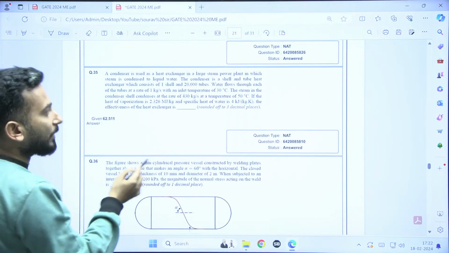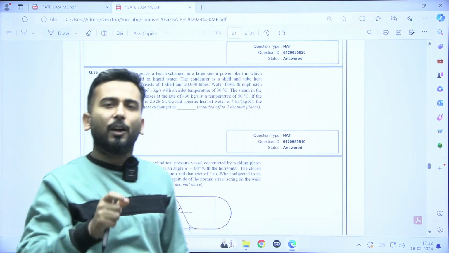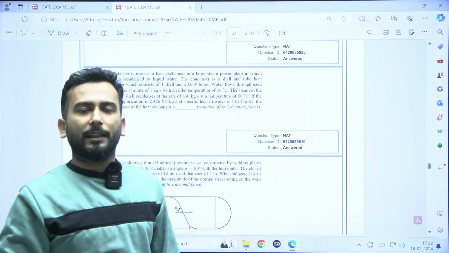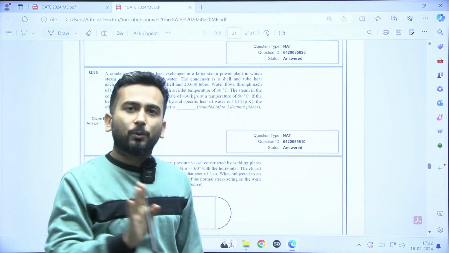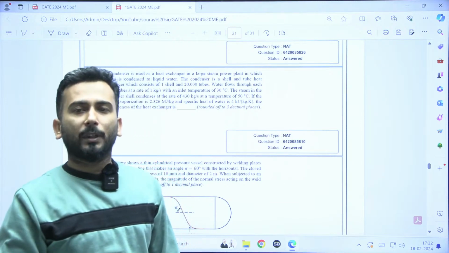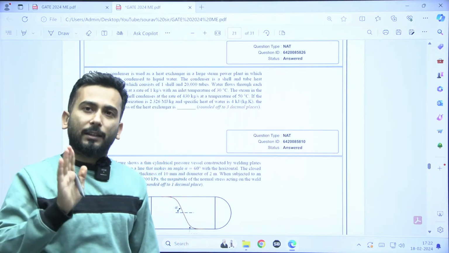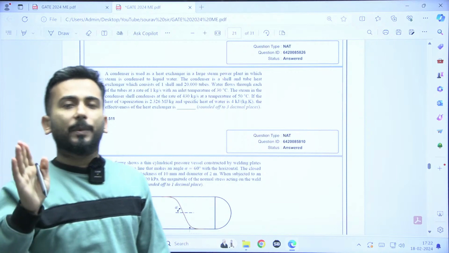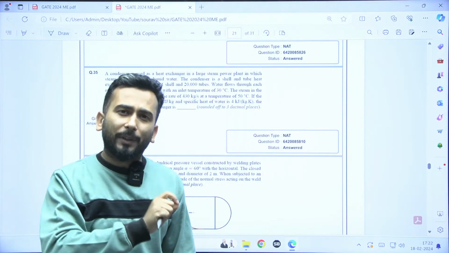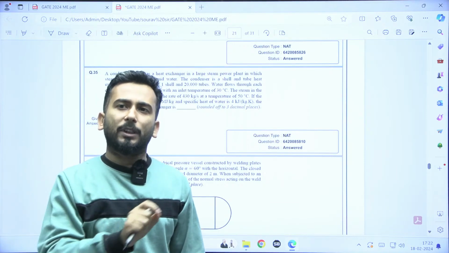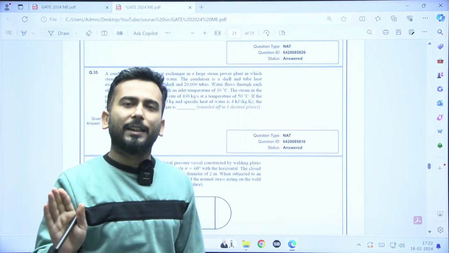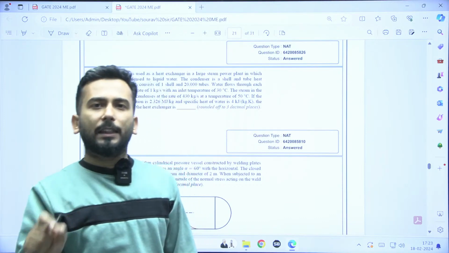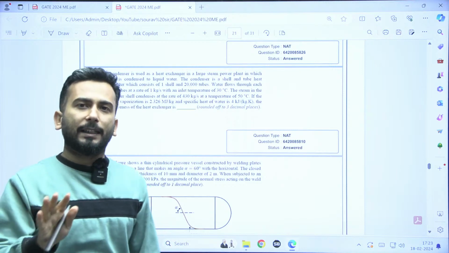Condenser heat exchanger. Now you can clearly see how many questions of HT they are asking. As much as 6 questions of HT have come, right? So it's not a joke. Start preparing, for students who are preparing for 25. Do not leave anything. If you ask me what is the conclusion, the conclusion is do not leave anything. Whatever has been mentioned in the syllabus is as much important as anything, right?